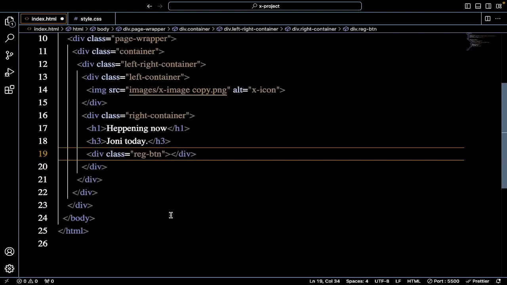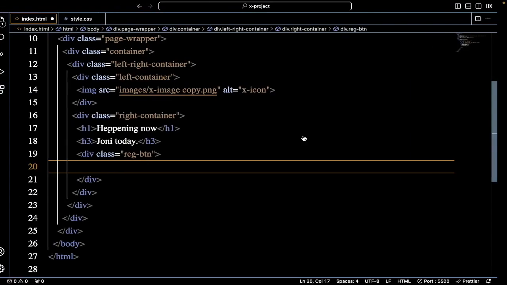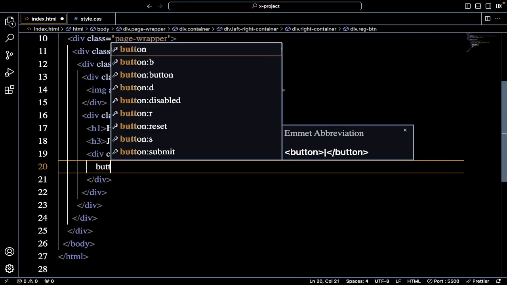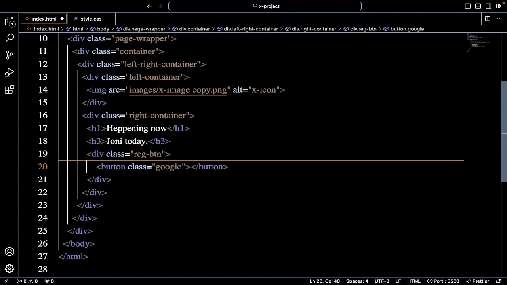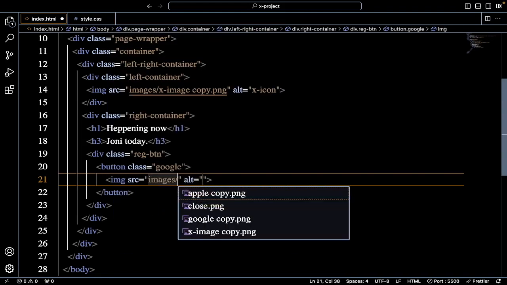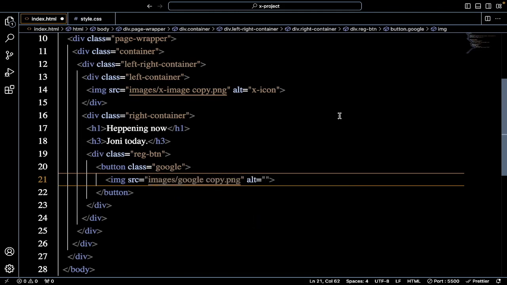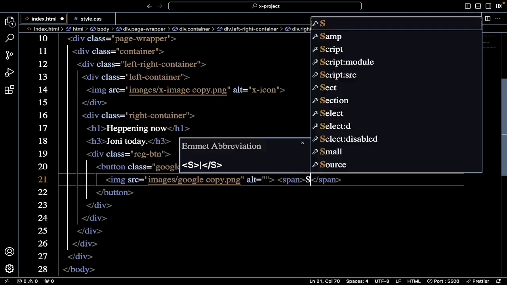So now in this reg BTN we want to create these two buttons. The first one to sign up with Google and the second one sign up with Apple. So create a button with a class Google, and in this button we'll link one IMG, which is the Google icon. And after this let's create one span, sign up with Google,